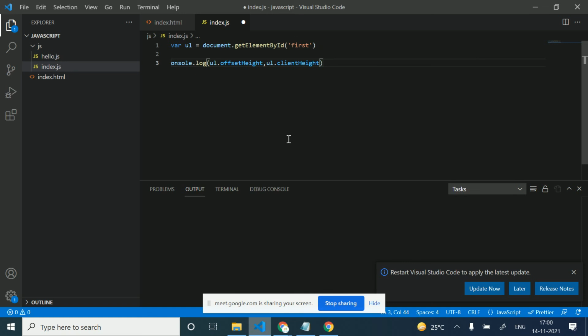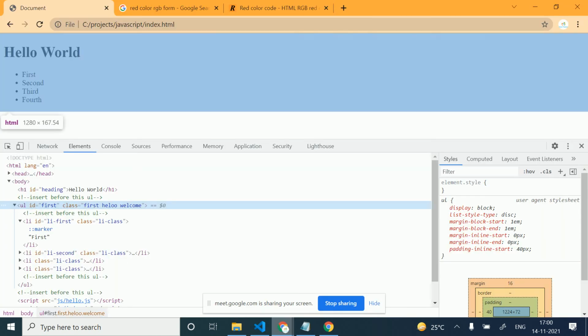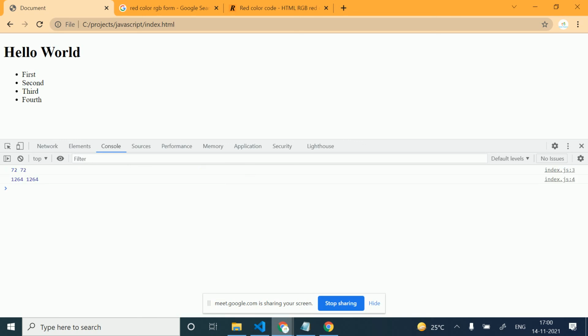So there are two different console logs. I will replace height by width. So let's check. I'm going to refresh here and open the console, and now you can check that it's 72 and 72, and there is no difference.